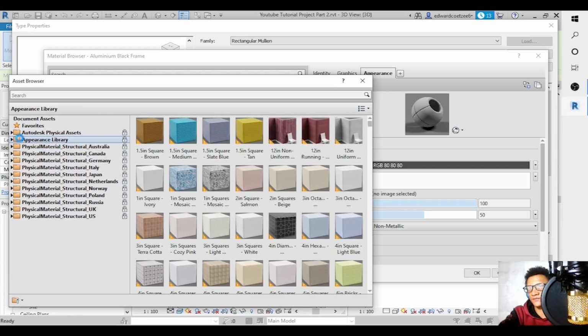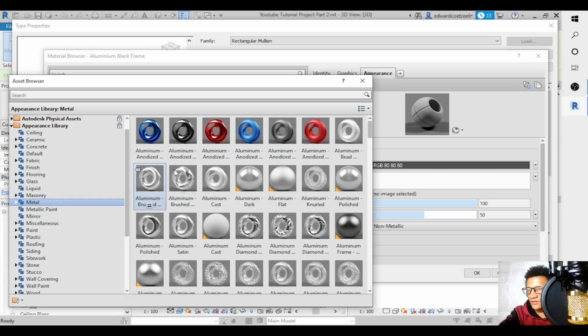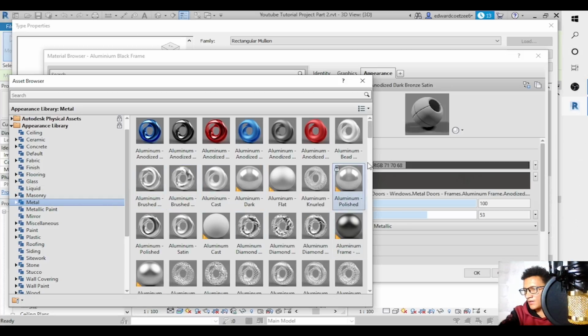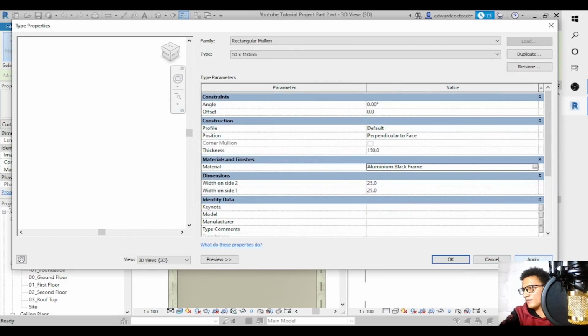Come here, click on appearance library, okay, click on metal, and then we go to aluminum frames, and then we say exit, apply, okay, apply, okay,